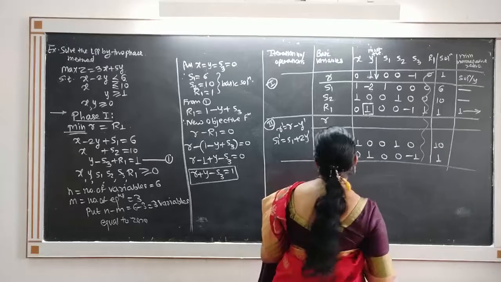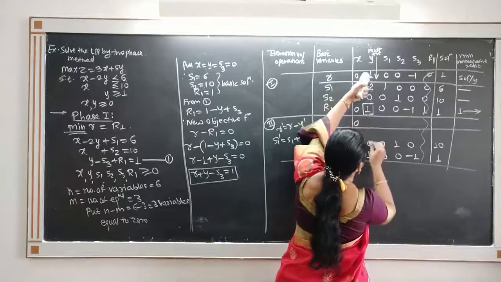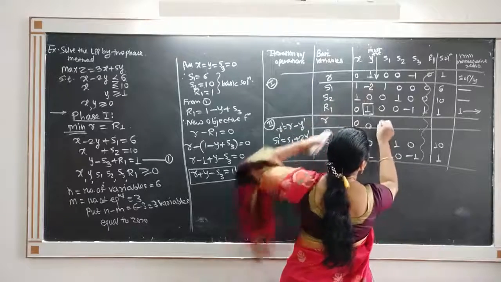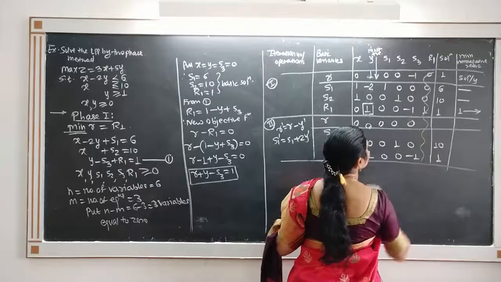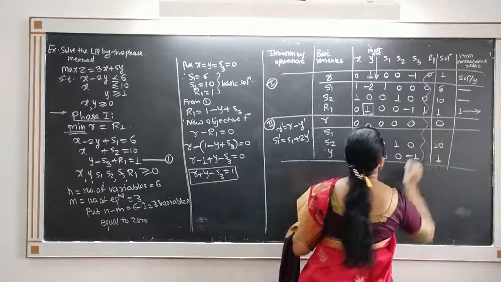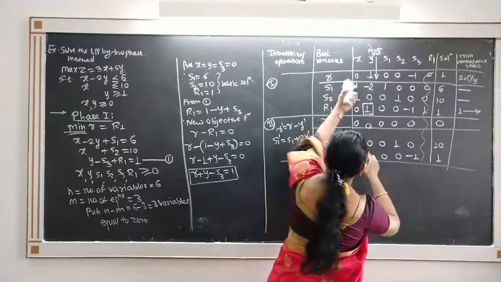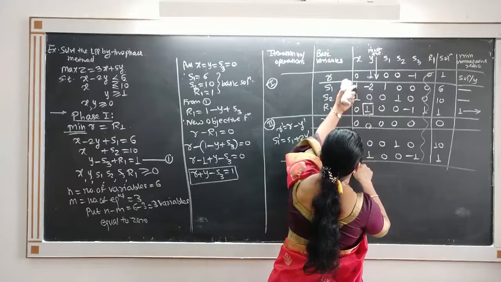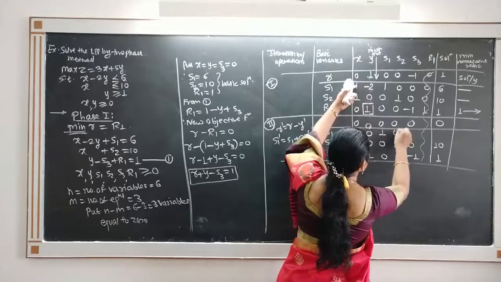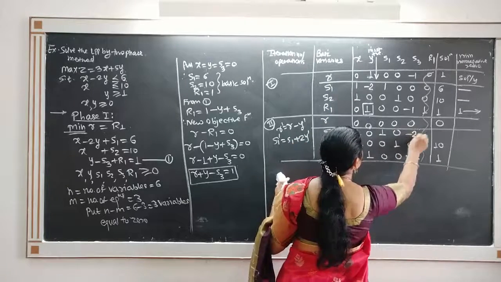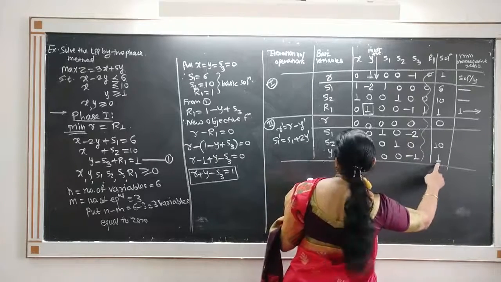Now see the first. R minus this Y row. So R 0 minus 0 is 0, 1 minus 1 is 0, 0, 0, minus 1 minus minus 1 is 0, and 1 minus 1 is 0. Then S1 plus 2Y row. So this row plus 2 times this row. S1 plus 2Y row. 1, 0, 1, 0 plus 2 times gives minus 2, and 6 plus 2 times, that is 8.